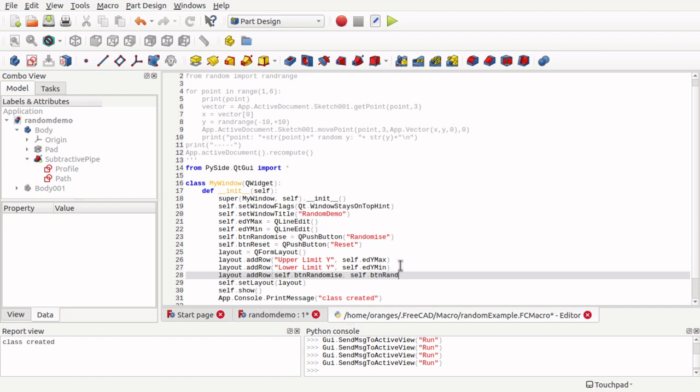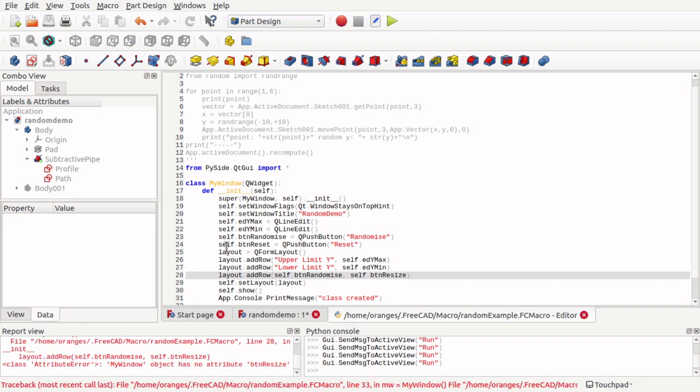So the first thing that goes in, everything will be resized to the largest object in the actual form. Self dot button resize, self dot button randomize. So when we run that, you'll see what I mean in a minute, and that's the reason why I don't talk when I actually